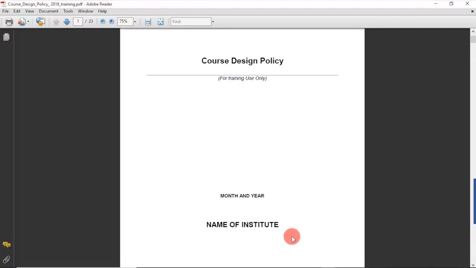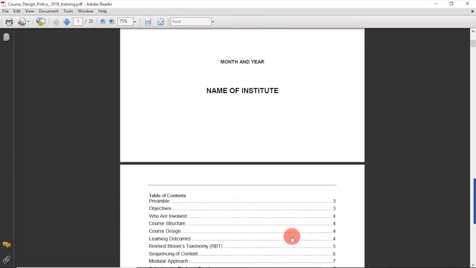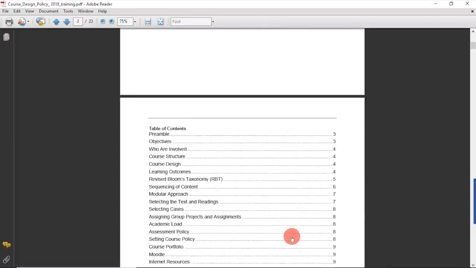Once this document is prepared and discussed among the board of studies at the university, or in the faculty council of the institution where the course is to be implemented after designing, then this document has to act like a Bible for you, and you will not deviate from this document for developing the curriculum. So let's go ahead, and you will see that this is a very scientifically and systematically developed document.